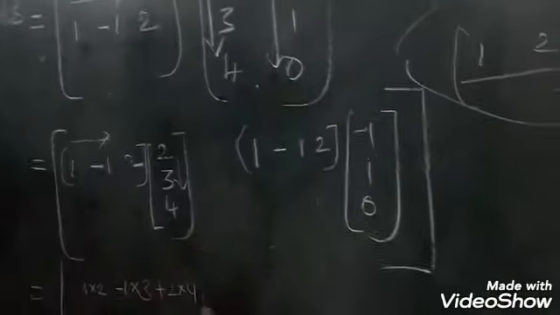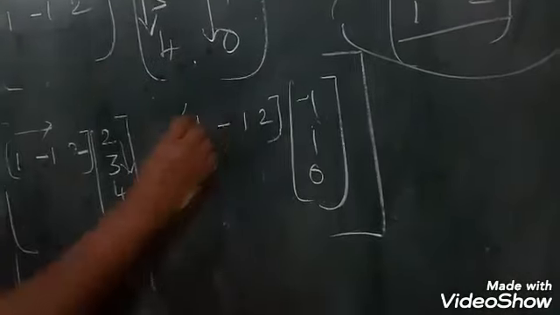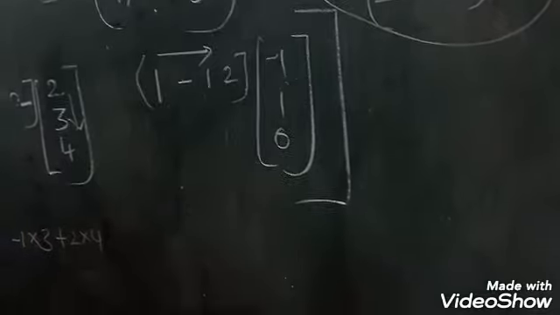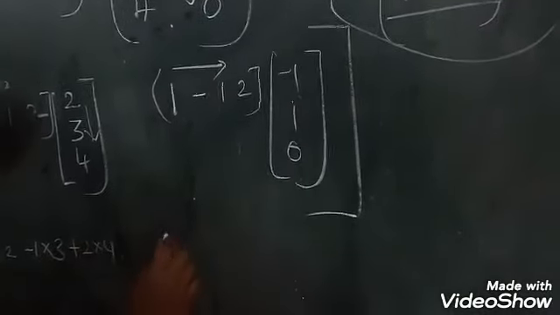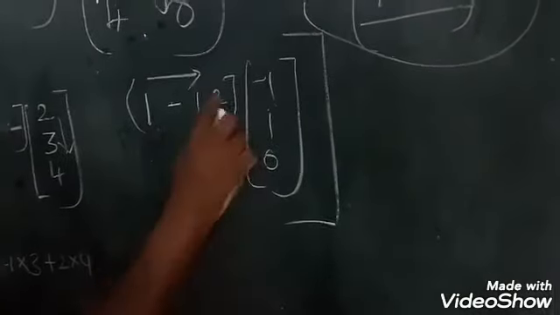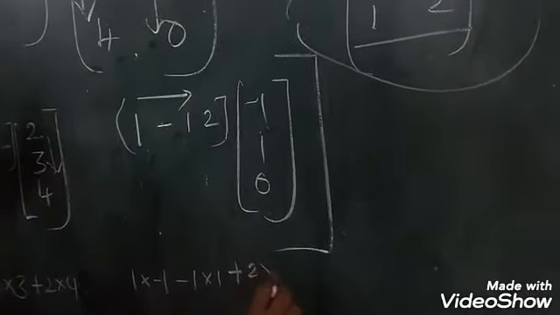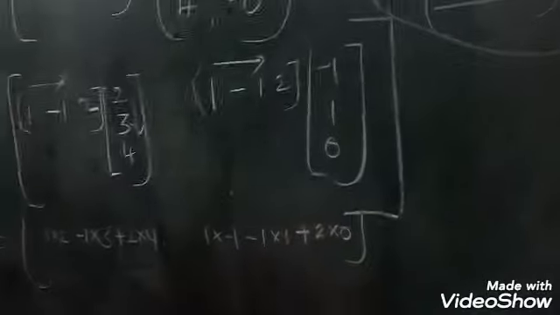Okay, the same like this. Give some gap. Now first row, second column, second element. Okay, first row, second column, second element. First row what? 1 into minus 1. Then here minus 1 into 1. Here 2 into 0. Have you all understood the step?